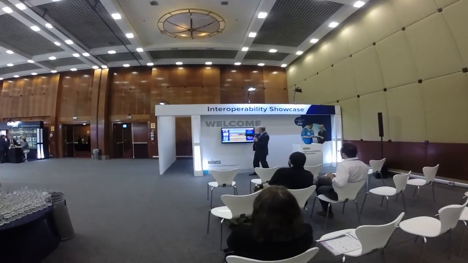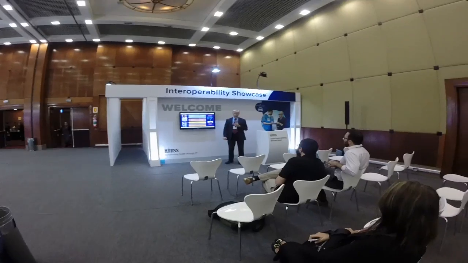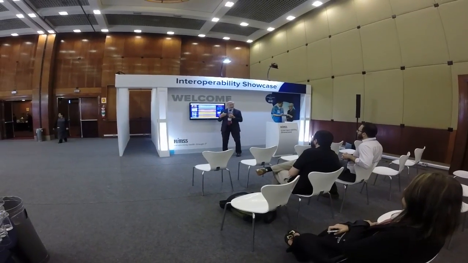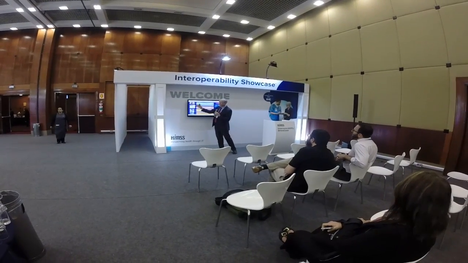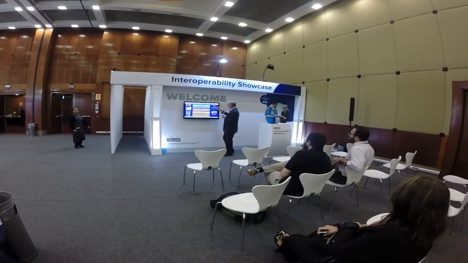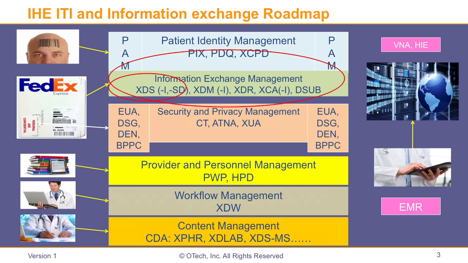Now XDS by itself, we'll talk about, is basically a series of standards. If you look at XDS, they have a family of standards. They are called XDS-I, XDS-SD, XDS-M, SDR, as well as XCA. And there's also a D-sub, I call it, where we can submit information about the metadata. So it's a family of standards. So I will go quickly through that because we're going to really spend more time in the other parts of the presentation talking about that.